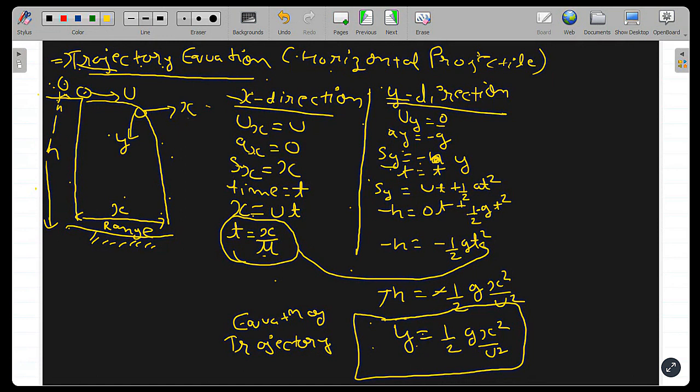टाइम की वैल्यू वहां से x upon u आ गई। ठीक है, यहां से अब तक मैंने यहां तक समझा दिया, यहां से आगे टाइम की वैल्यू x upon u। अब y डायरेक्शन में you all know in horizontal projectile आपका इनिशियल वेलोसिटी इन y डायरेक्शन इज 0। ये 0 है। भाई y डायरेक्शन में एक्सेलरेशन इज -g, दिस इज तो डिफाइंड ऑलरेडी।